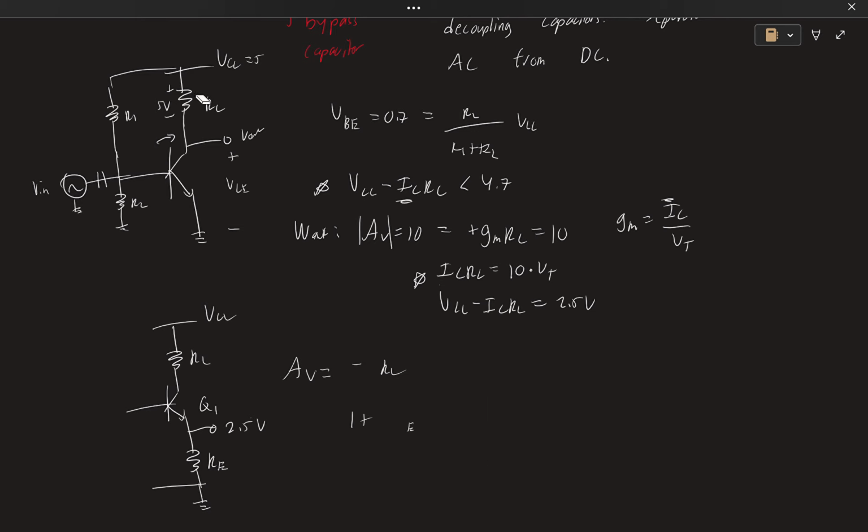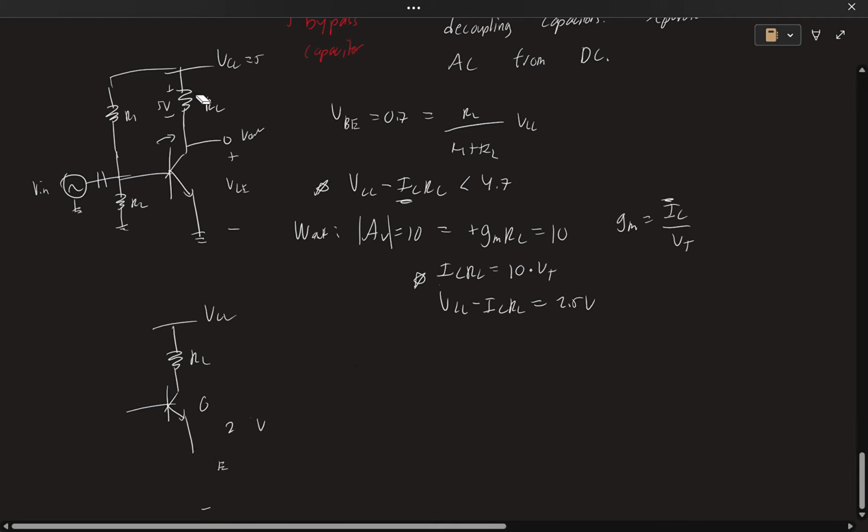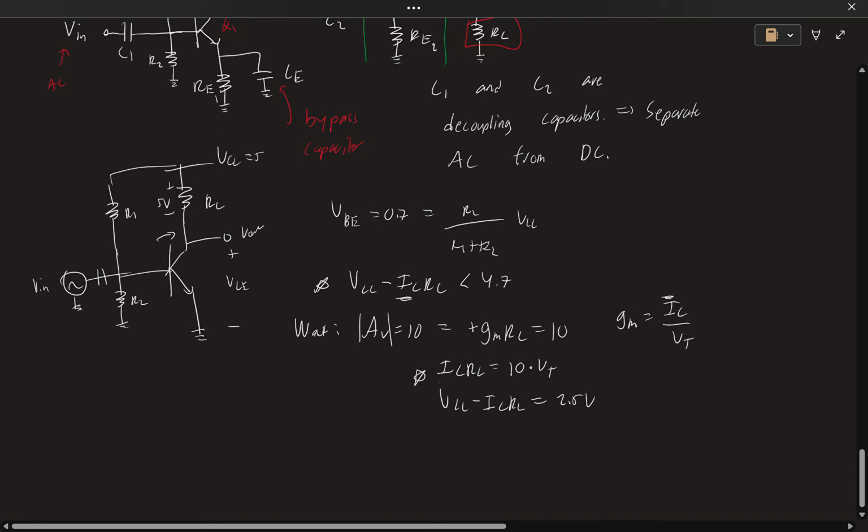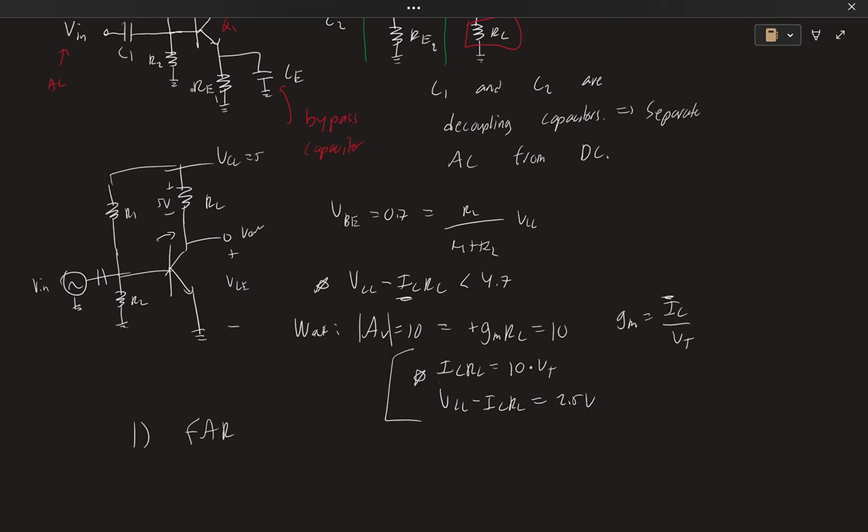So I guess, yeah, so far we just went over how to bias things and get to a point where we can better understand that before we can even consider anything like gain or small signal, we need to first make sure our transistor's in the forward active region. We can't do anything without that. That's the first step, okay? So first step, forward active region. At least come up with equations that dictate the region of operation, right? Sorry, not that equation. That's gain. That's after this equation. Second step, assuming in FAR,